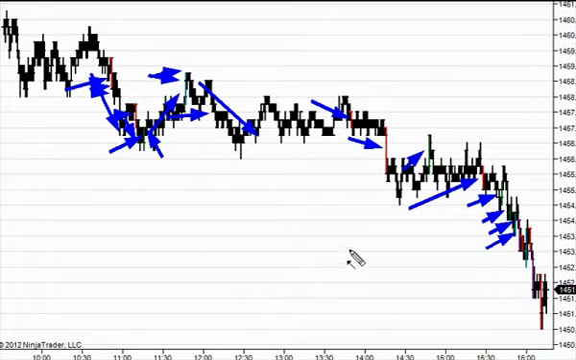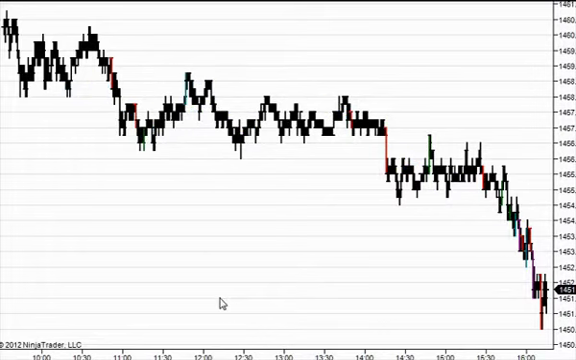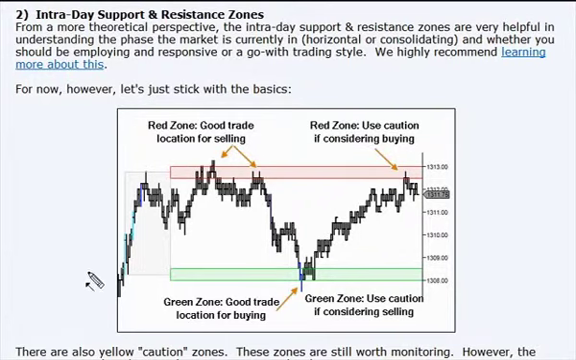Now next I want to look at the intraday support resistance zones. I'll throw those on the chart now. And before I do, just to give a little bit of background, basically we have these real-time zones that form that are red on the high and green on the low, and they're telling us essentially that the green is a support zone, the red is a resistance zone,